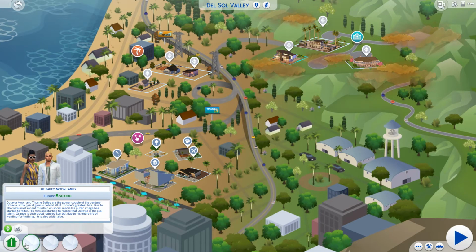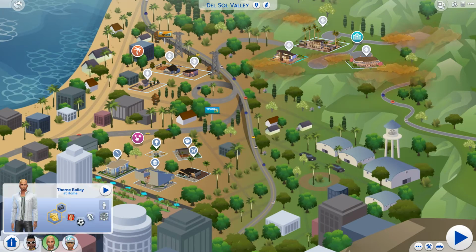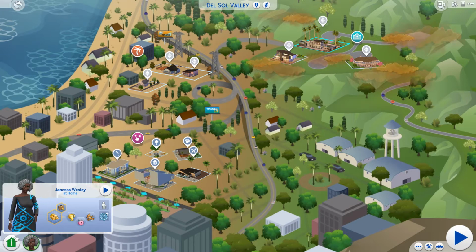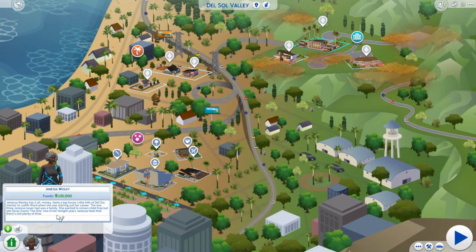And Bailey Moons have had a bit of a makeover. Well, mostly Thorn has. His face needed some work. Orange was fine. Octavia was also kind of fine. I just changed her hair to that really cool one from the Paranormal Pack. And I added a Hollywood starlet by the name of Janessa, who I gave her the...